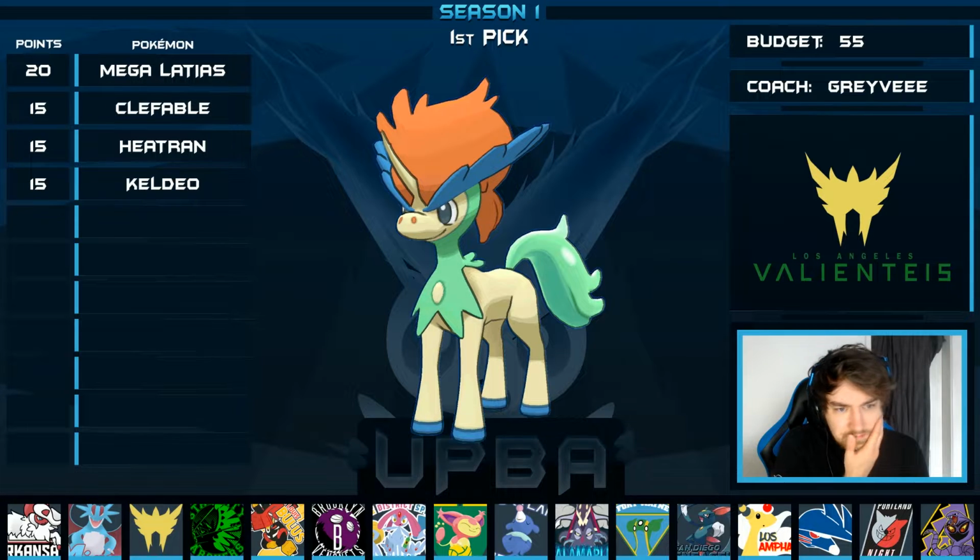So yeah, Keldeo just really is a nice special attacking wall breaker. Great Scarf option, because outside of Heatran I felt like I didn't really have a Scarf option in my team at this point. So Keldeo fills that gap entirely. It also gets access to Swords Dance, it gets access to Taunt, and I think it's quite a one-dimensional Pokemon, but at the same time it's just very good at what it does, and it does complement the team